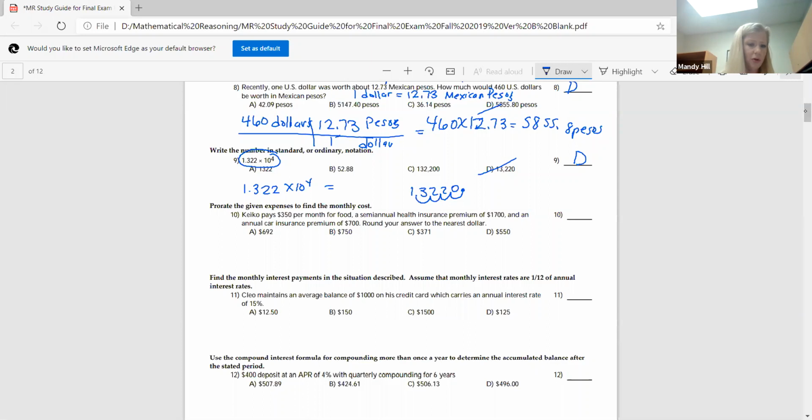So what we know so far is that we've got $350 a month. Well, that's going to be $350 every month. Okay, and it says we have $1,700 that we pay every 6 months. Well, we're going to actually need to divide that out. 1,700 divided by 6 is going to be about 283.33. We round, and we have $700 that we are paying out